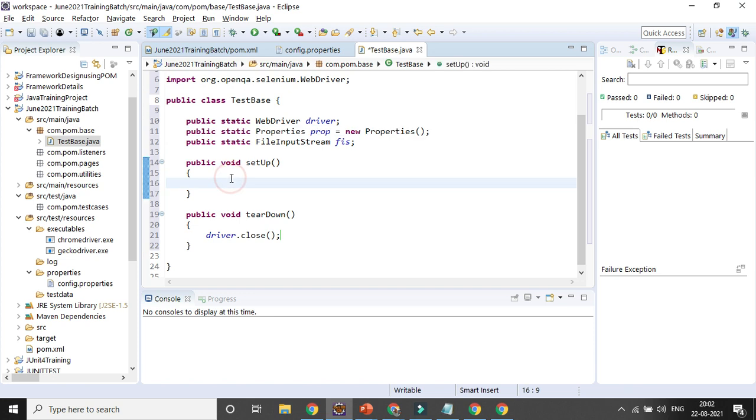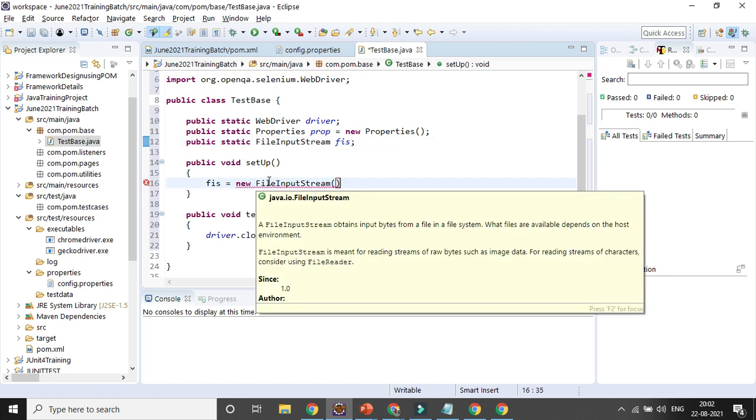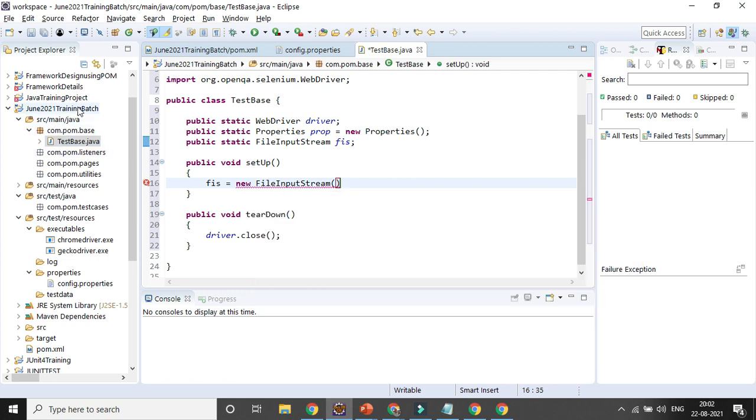And then in the setup method, what I will do is try to get the properties file. That particular part I already declared as a variable. So how will I read it? fis is equal to new FileInputStream, and here I need to give the path, right? What path will I be giving? I already told you, the project path I will get with the help of System.getProperty and then user.dir. So that path I am giving directly.